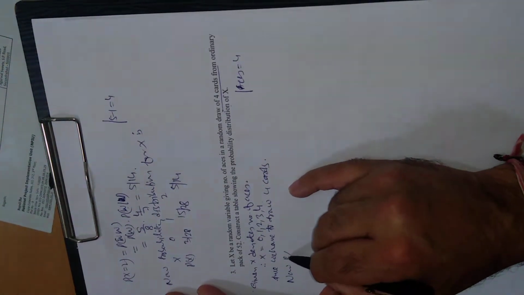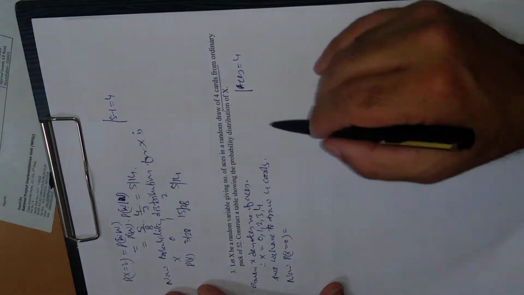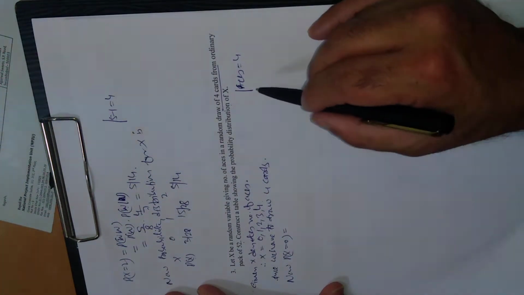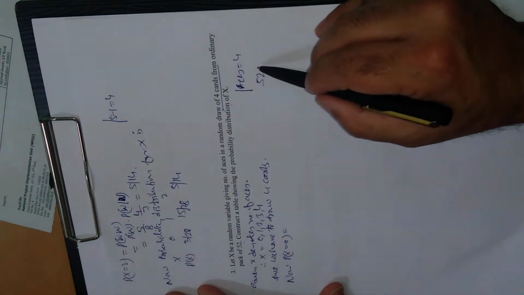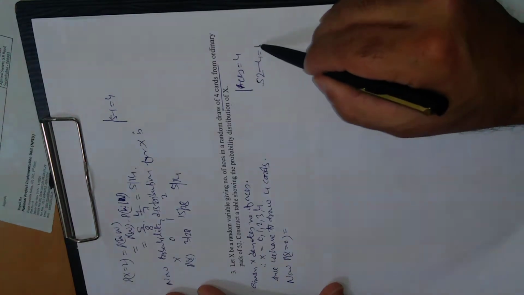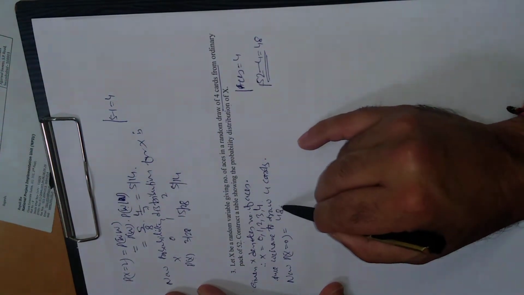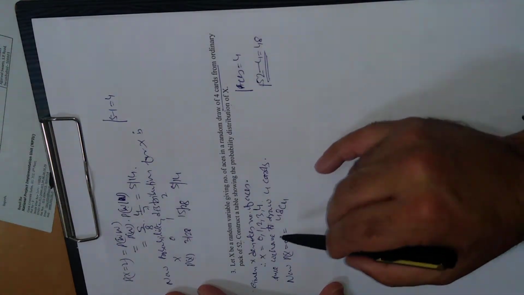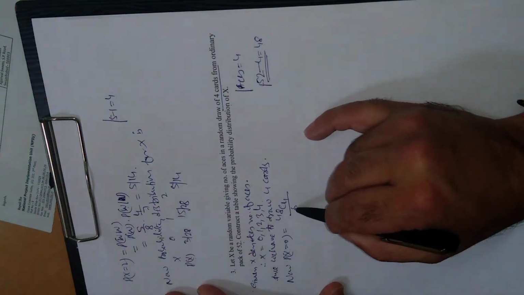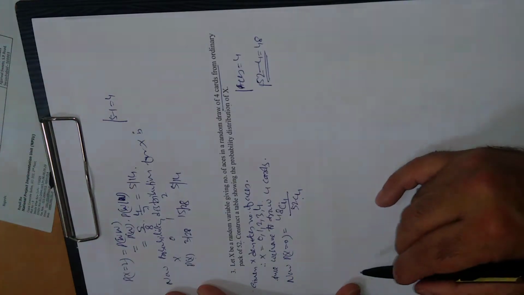Now P of X is equal to 0. X is equal to 0 means no ace, because X is the number of aces. We have to draw 4 cards, total cards are 52. Excluding the 4 aces, we are left with 48. So out of 48 we have to select 4 cards, so there will be a combination, because no ace is there and we have to draw 4 cards. These are the favorable cases, and out of 52 we have to select 4 cards; these are the total cases.